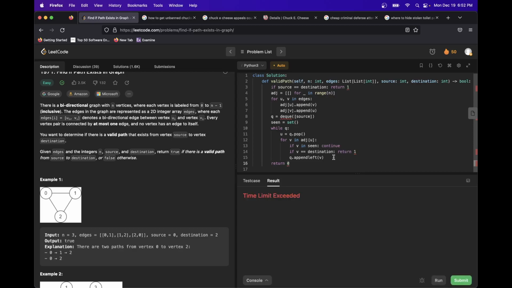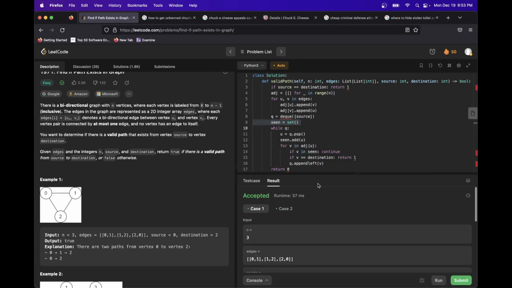Oh, oops, we gotta add this to scene. This is what happens if you didn't have scene. Currently it's not being used without this line. It'll just run in circles forever. So when we run it,